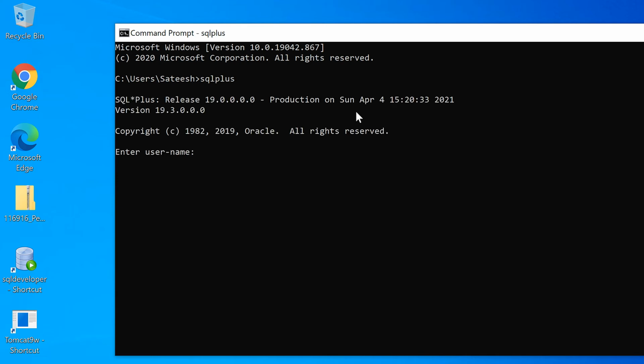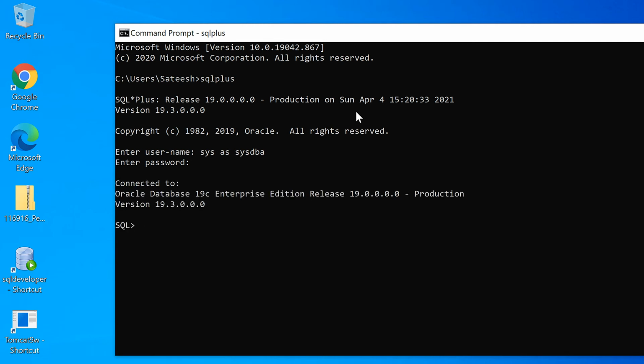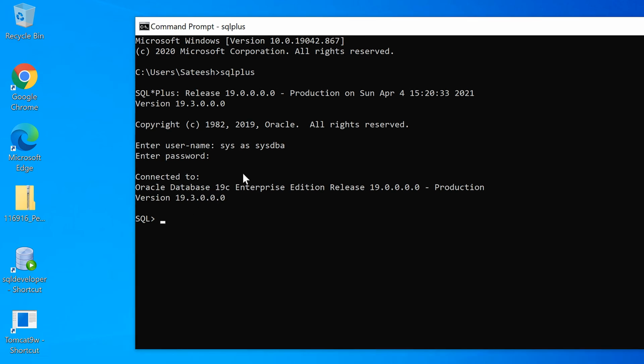You can connect to your database using your database user, sys as sysdba, and the password is the same password that you set during the installation, Oracle. Now you are successfully connected to your Oracle 19c database. Now whatever queries you want to execute, you can directly execute with this command prompt. So this is one way of connecting to your database using the command prompt.